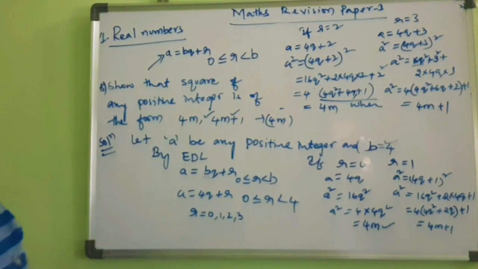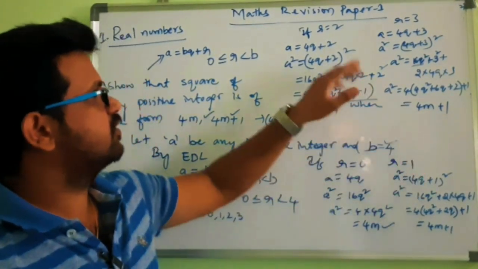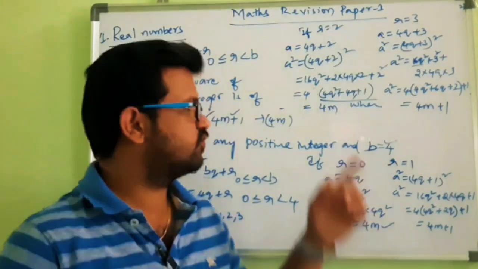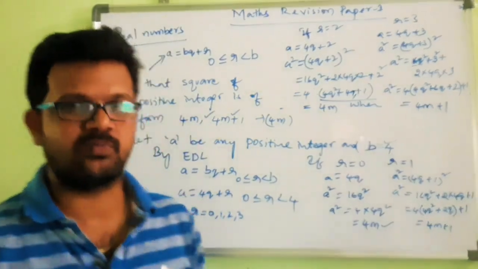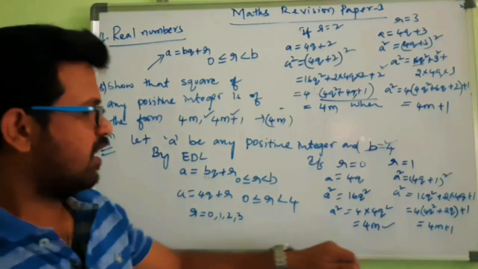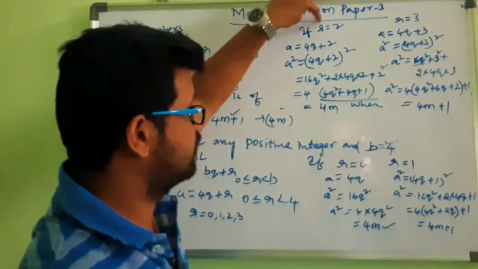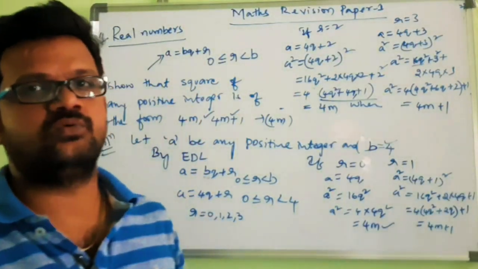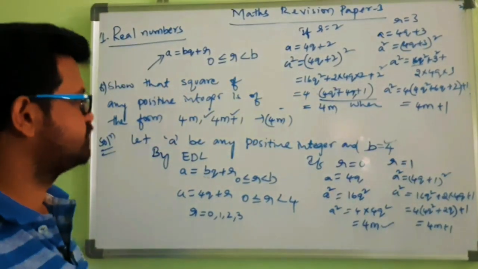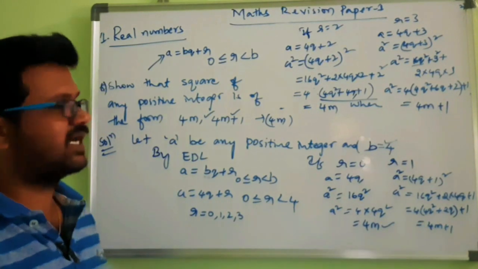So see, if we take R from 0 to 3, we get 4M or 4M plus 1. This is a 4 marks question. Keep in mind that after getting 4M and 4M plus 1, you have to take R is equal to 2 and R is equal to 3 also, because it is a 4 marks question. Okay. Next concept is